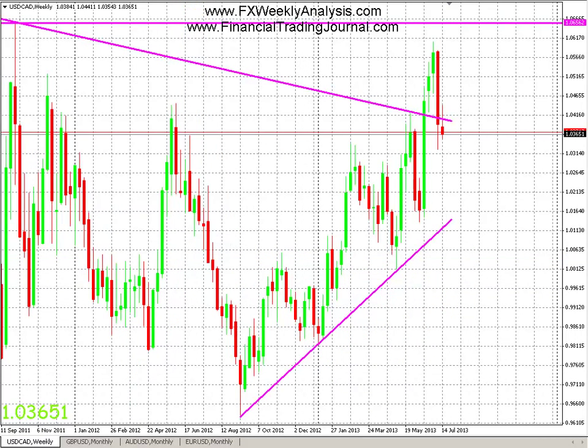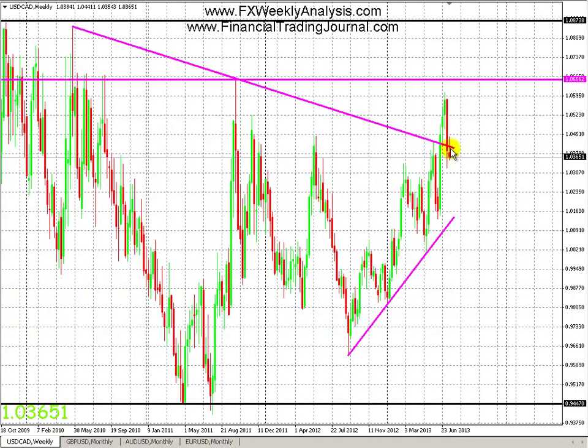Onto the weekly chart, as you can see, it did break below last week. Well, obviously I wasn't forecasting it, but last week I would have mentioned that it broke below and the possibility of would it bounce or would it continue going down. This week we did continue going down. We tried to break above it as well, but we did not make lower lows. So that's a good sign going forwards. We didn't break last week's low, which was at the 1.032 level. This week's low is pretty much where the market closed, around 1.0365. We're about 40 pips above last week's lows. So that's a good sign.